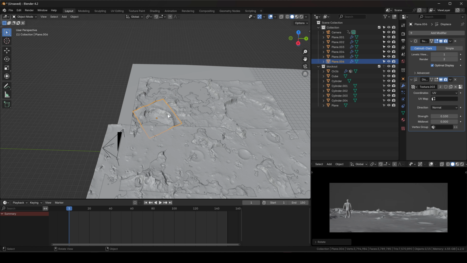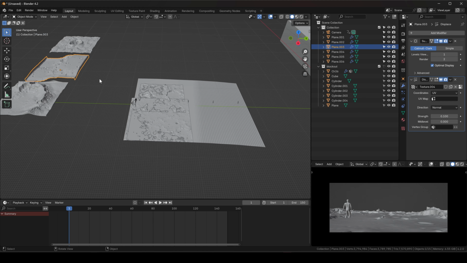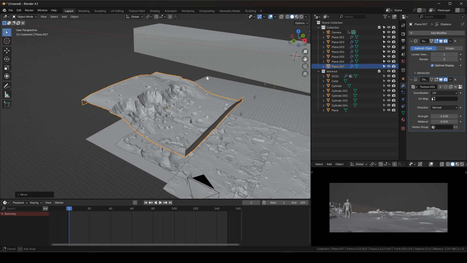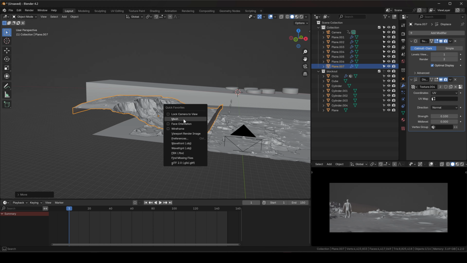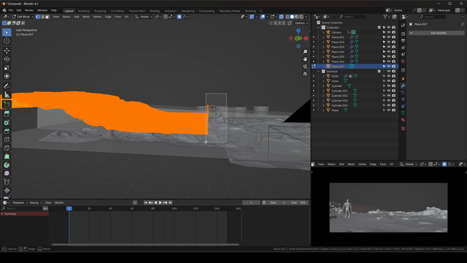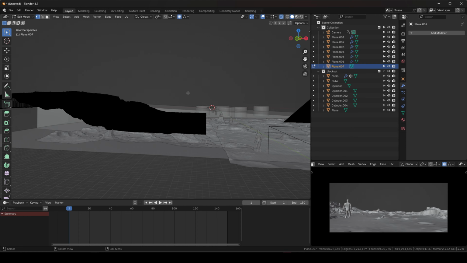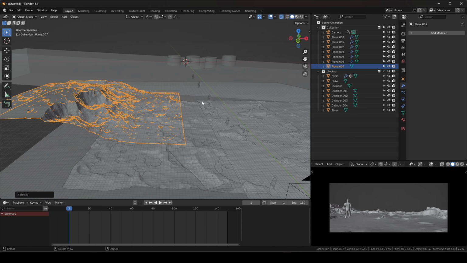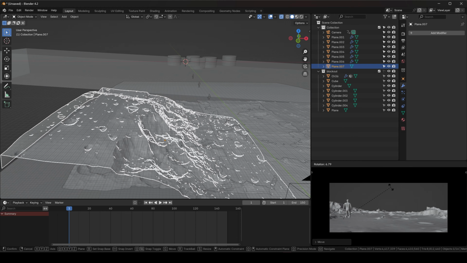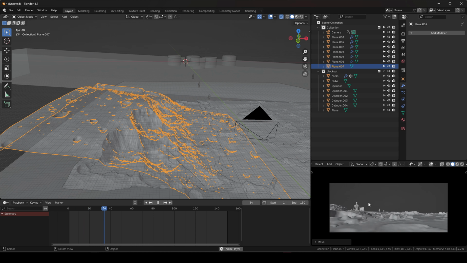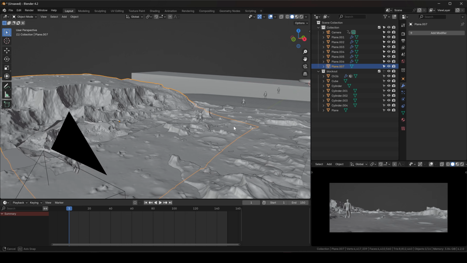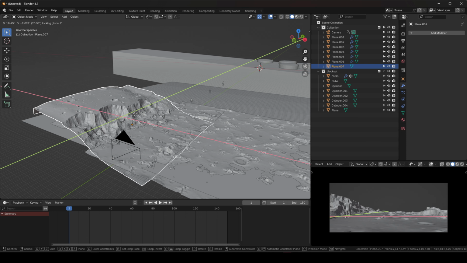You're gonna see me do things like, let's say for example, I have this one here. Let's move that here. This area here, I'm gonna apply all the modifiers. I'm just gonna get rid of this here. Let's leave that. And sometimes you will see me, not in this particular case here, but